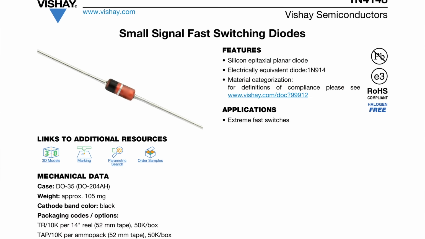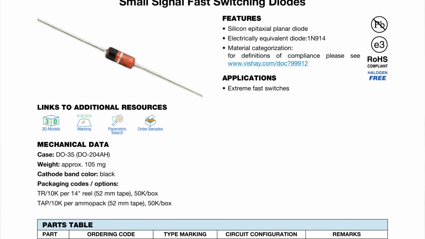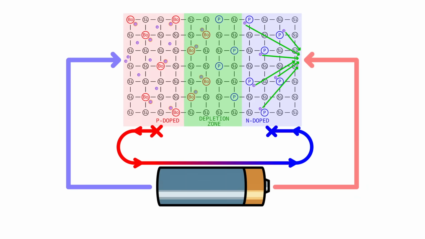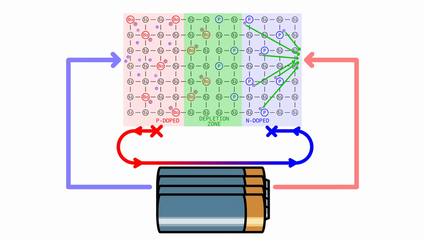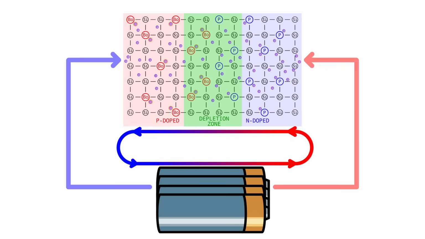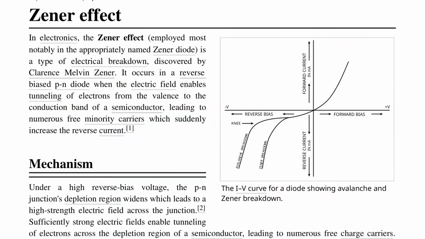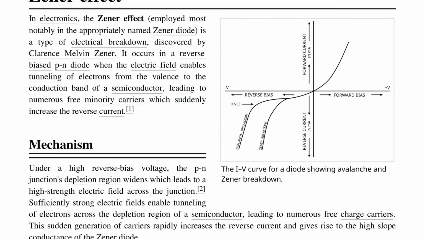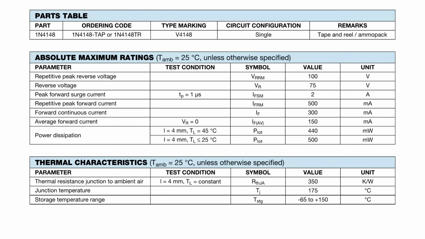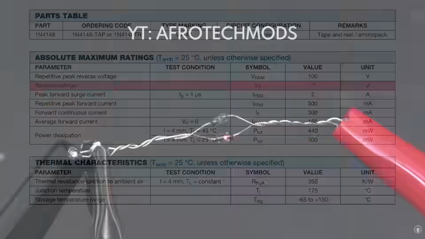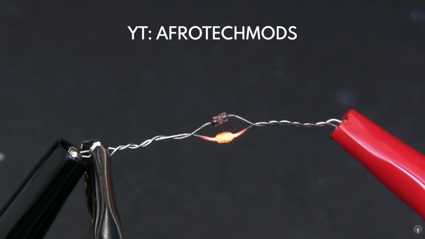Now, every diode has a reverse breakdown voltage. Essentially, when you've got it hooked up backwards, there is a voltage level, a point at which you have so much potential difference, so much push backwards through that diode, that it starts to break down and current starts to flow in the opposite direction. This is called the Zener effect or avalanche breakdown, depending on the type of materials that you're using. For this 1N4148 here, it is 75 volts, which is a lot. But as long as I don't overheat the diode by putting a colossal amount of current through it, this doesn't